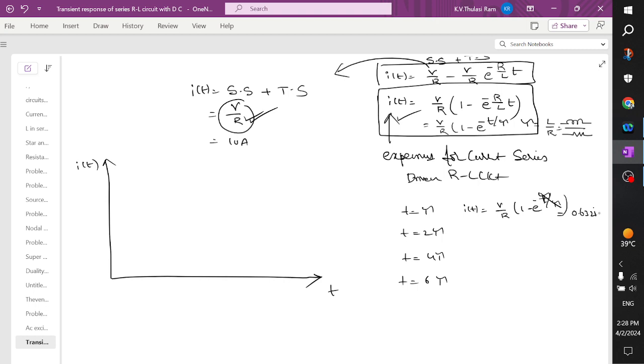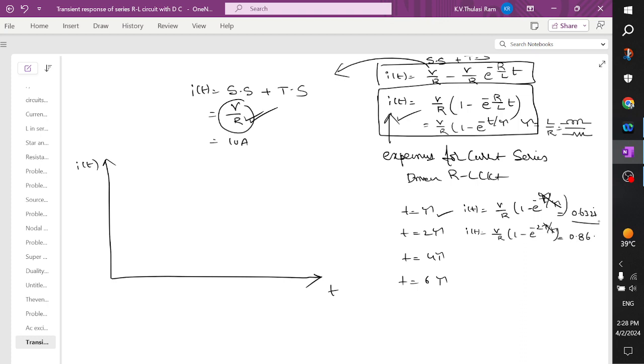So that's how, substituting t equal to tau, it gives 63 percentage. Similarly, I substitute i of t is equal to V by R into 1 minus e to the power minus t by tau. Now t is how much? 2 tau. 2 tau divided by tau, tau will cancel. 1 minus e to the power minus 2. This will give you a magnitude of